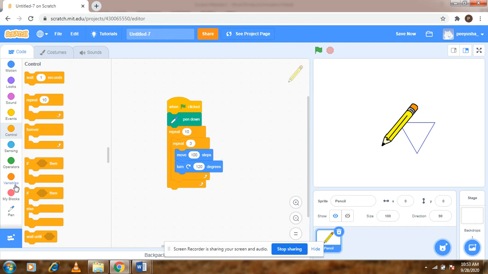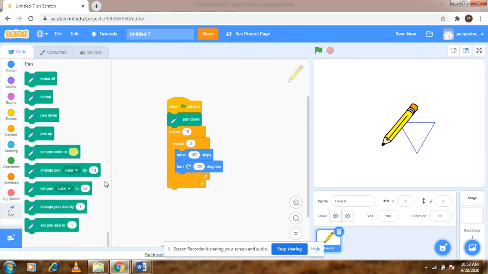And also I want the design to be a little colorful, for which I am going to change pen color by 10. So there are so many colors, and it is not possible to give each color or each shade of that color a name. That is why the computer uses numbers to denote colors. Like in Scratch, it uses numbers, and at other platforms, maybe a combination of some alphabets or numbers. So numbers are what we use to define colors and not names.